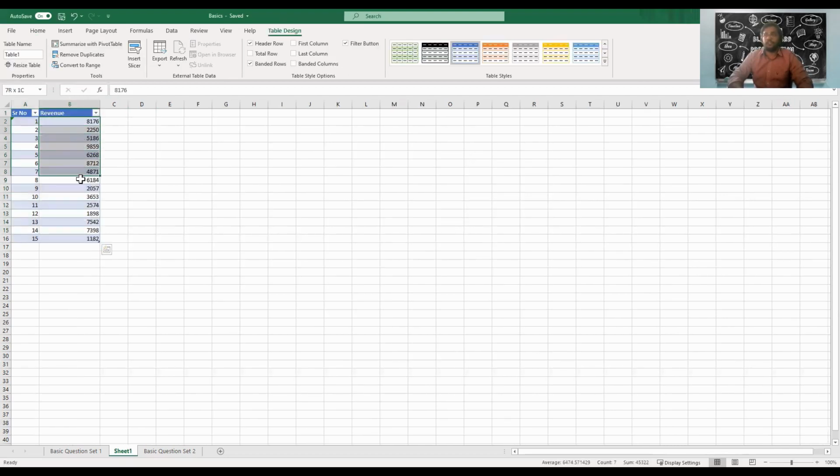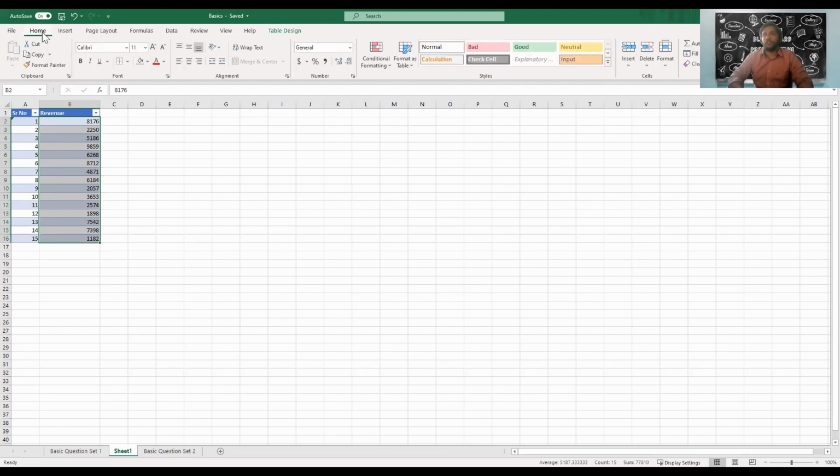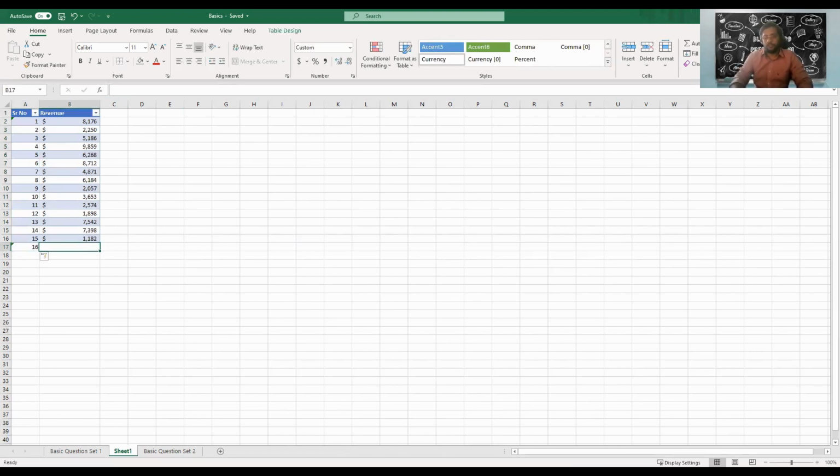Now let's see, these are currency values, right? Since these are revenue numbers, we'll go here and select Currency from the Home tab, and we will just remove the zeros. Now if you type down 16 in this and let's say 1500 over here, it is adapting the formula, but it is not adapting the formats.